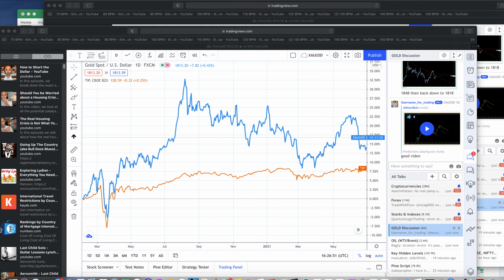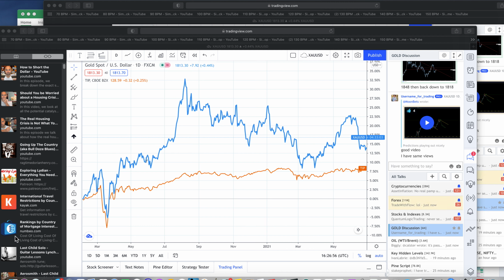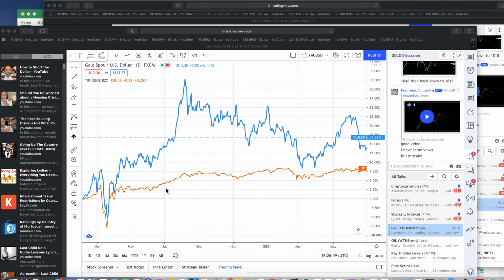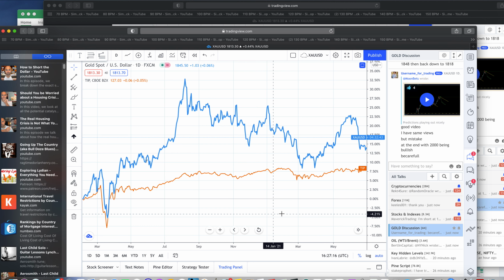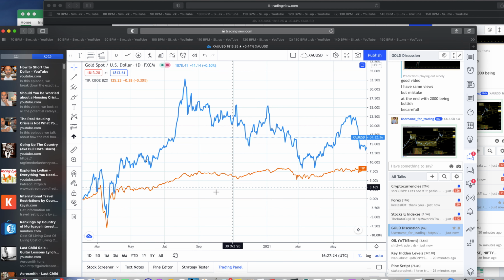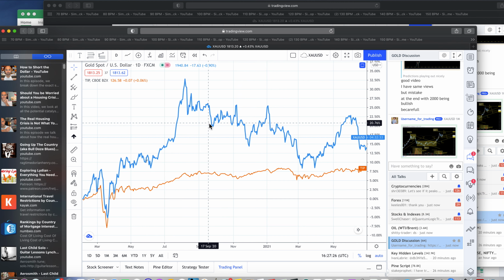Okay, this is a video to show comparing two stocks or two entities. I happen to have gold right here in blue, and this is something called TIP, something to do with the treasury, it doesn't matter. What this does is it takes the starting point and puts them together. It defines that as they're both equal, and then as time moves forward, you can see which one has moved